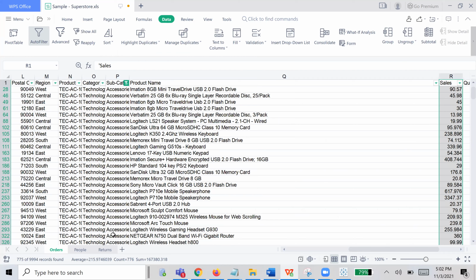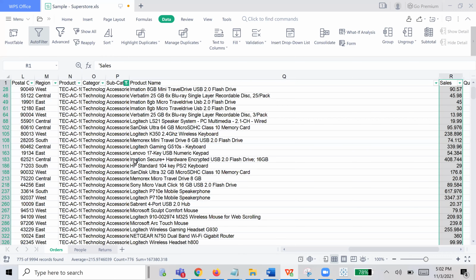Just where is the 215? If you see the bottom of the toolbar, there is a toolbar, right? There you can see the count, sum and average. Here, average is 215.97, which is 216. So this is happening only at the subcategory level, that's the average I'm showing. Let me share the workbook again and just note down that value, 216.